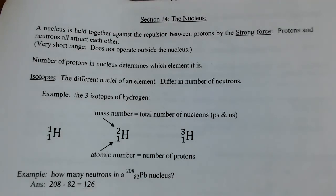Here we go. The last unit in the course. I'm just going to do this one straight through like I did unit 13. So we turn our attention now from the outer parts of the atom that we looked at in section 13, and now we're going to go down into the middle of it and talk a little bit about the atomic